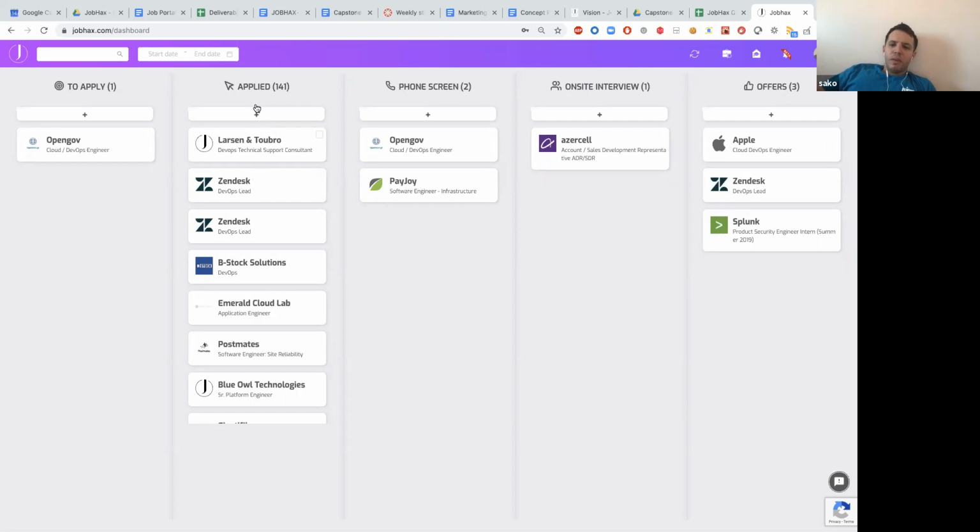Right now it's from LinkedIn. If we manage just to send the email once they apply, JobHax without any integration will be able to parse that. We'll just add the parser in the backend side, and it will automatically be shown here.